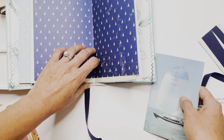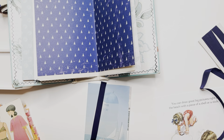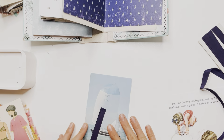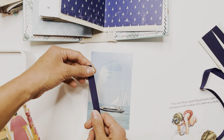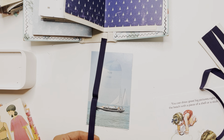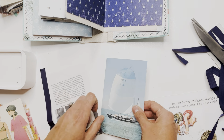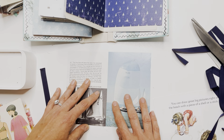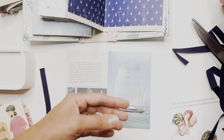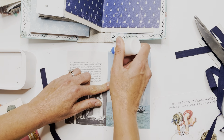So what I'm going to do is I'm going to take my seam binding and kind of approximately measure. Whoop, I'm not in frame here. I'm going to take an approximation of how much I'll need with extra. And then I'm going to attach it like this. So I'm going to just come in again with my Bearly Art glue or any kind of glue. You can even use a permanent glue stick. And I'm just going to come in here,